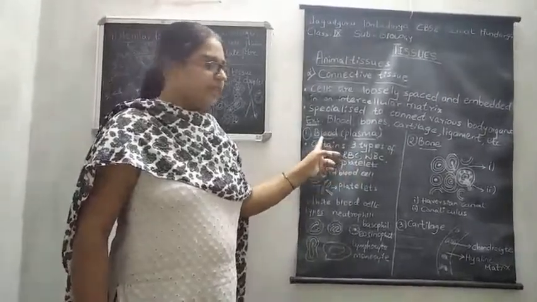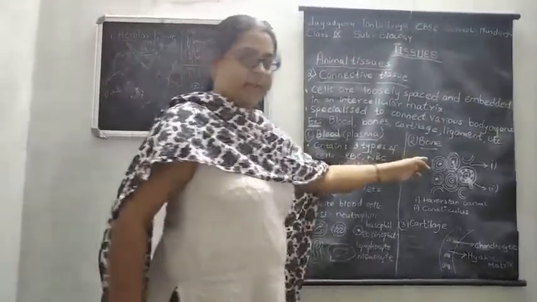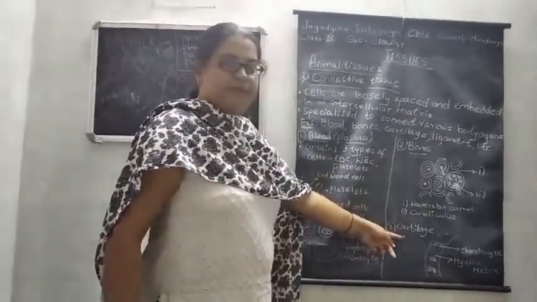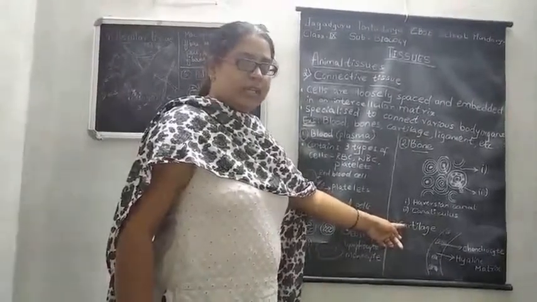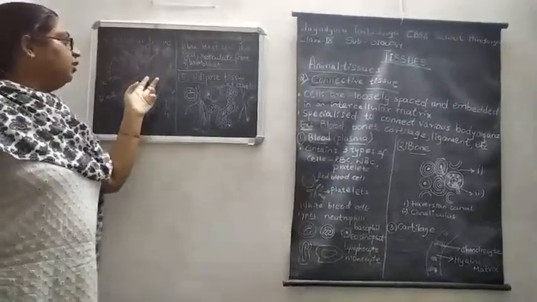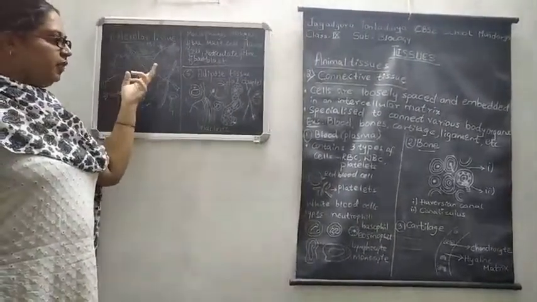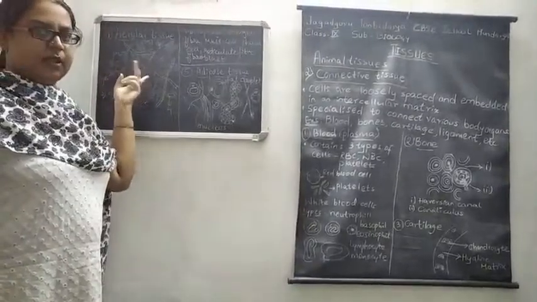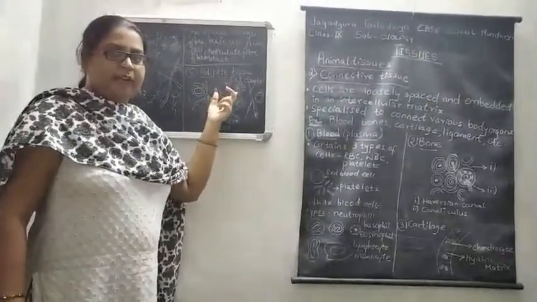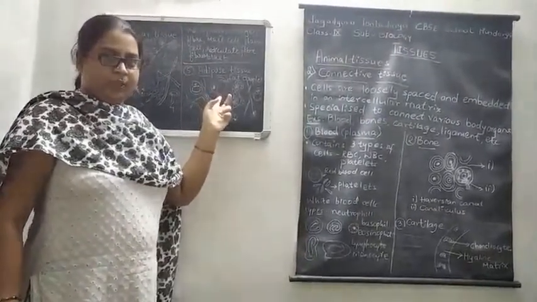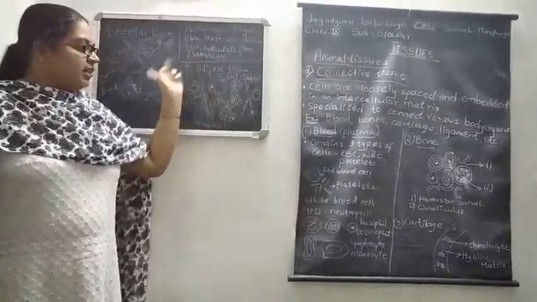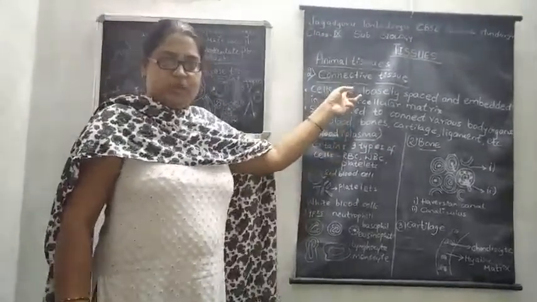In the first type, the matrix is made up of liquid. In the second type, the matrix is made up of solid material, that is calcium and phosphorus compounds. In the third type, the matrix is made up of proteins and sugar molecules. In the fourth type, the matrix consists of air space which is filled with all different types of cells, and this is present in blood vessels and nerves. In the fifth type, the matrix is made up of oil and fat materials which help in regulating the body temperature, act as an insulator, and store the fat molecules. And these are the 5 types of connective tissues.